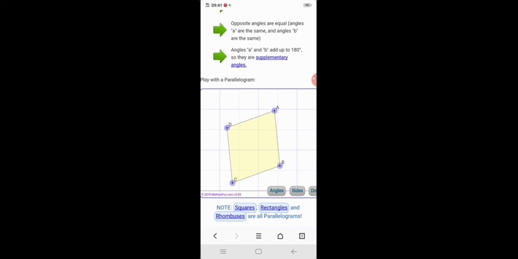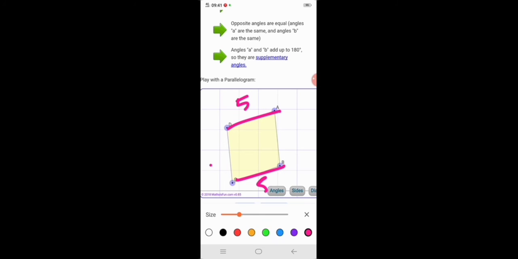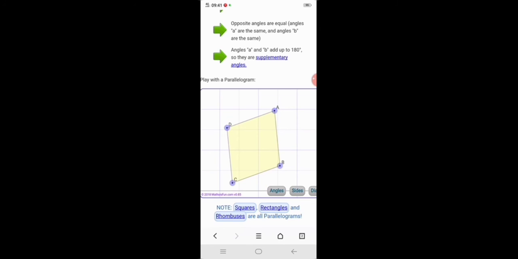I mean to say that this side and this side, they are opposite to one another, so this will be the same. If one side is 5, the other side, the opposite side will also be 5. What if I'm talking about this side? If this is 10 centimeters, this will also be 10. So this shows that opposite sides are always equal. Moving forward,